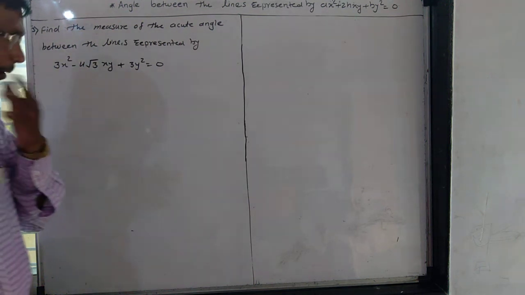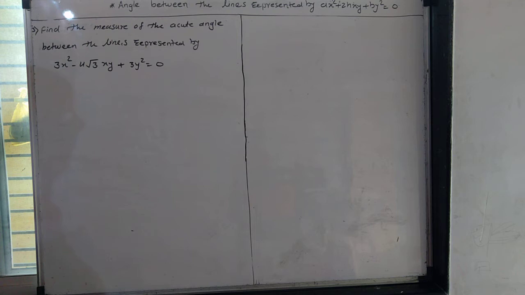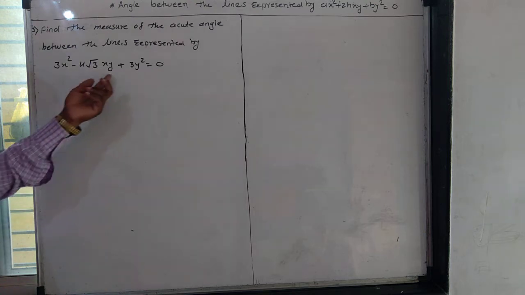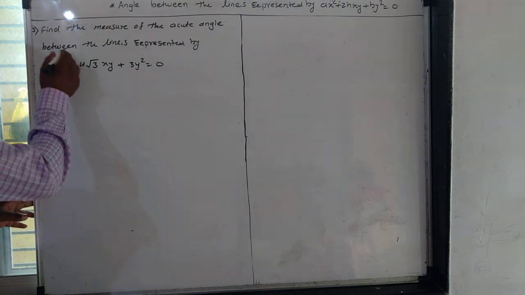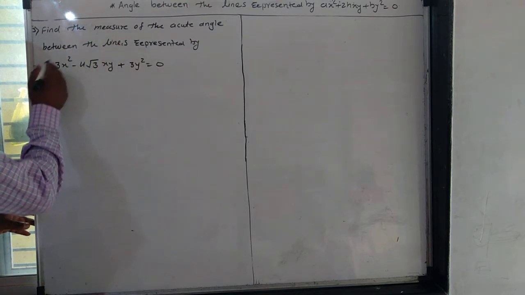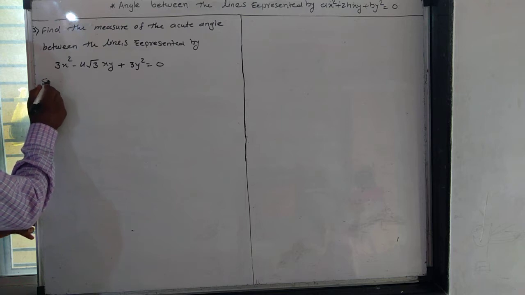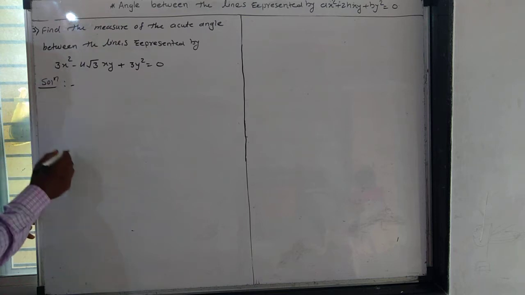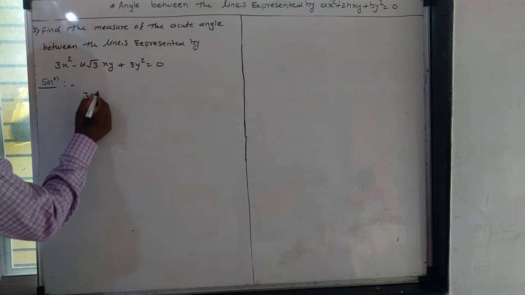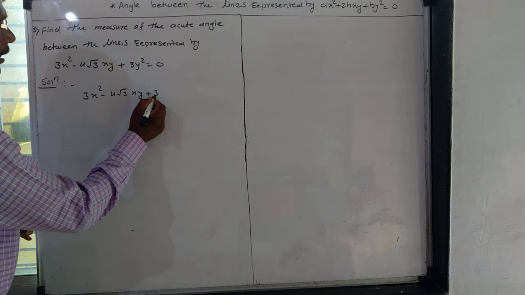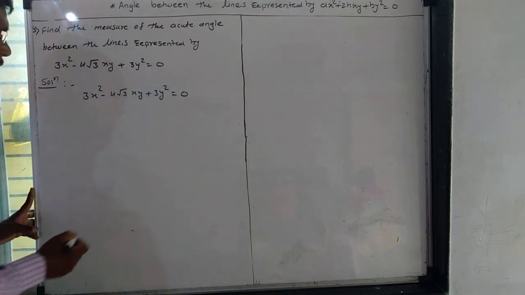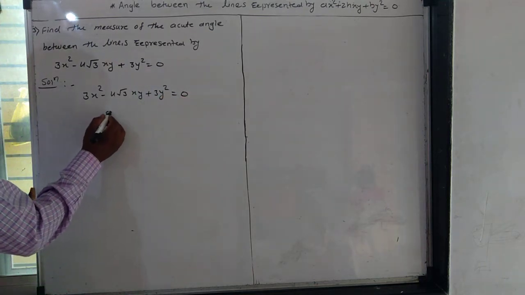Now, the third problem is: find the measure of the acute angle between the lines represented by 3x² − 4√3xy + 3y² = 0. So we have to find the acute angle between the lines represented by this equation. The solution: the given equation is 3x² − 4√3xy + 3y² = 0. So on comparing with